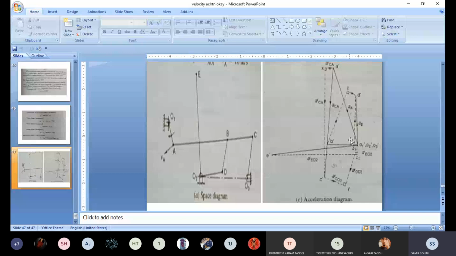Every time you convert your scale in your answer. Suppose you are getting 5 centimeter. Already we mentioned in the scale that 1 centimeter is equal to 100 meter per second square. So 5 centimeter is equal to how much? Your answer is 500 meter per second square. So based on that, you try to convert all the tangential parts and find the alpha as per requirement.